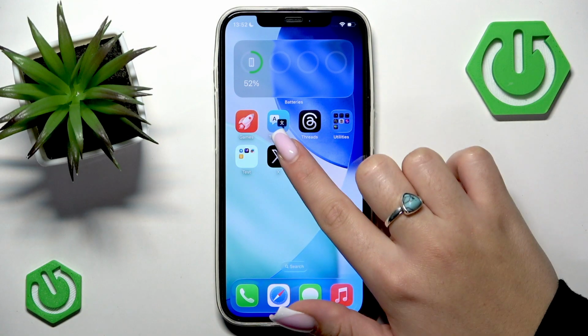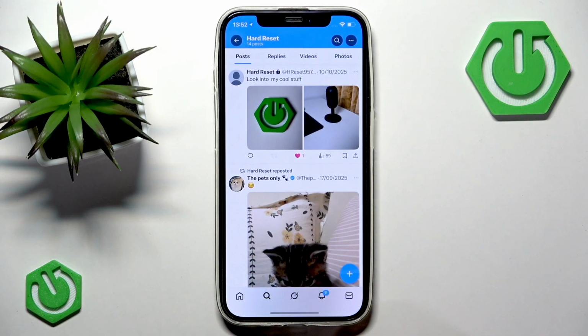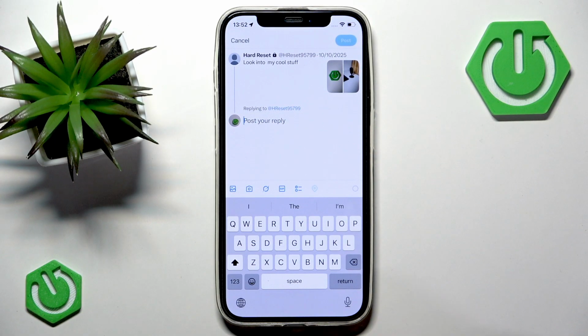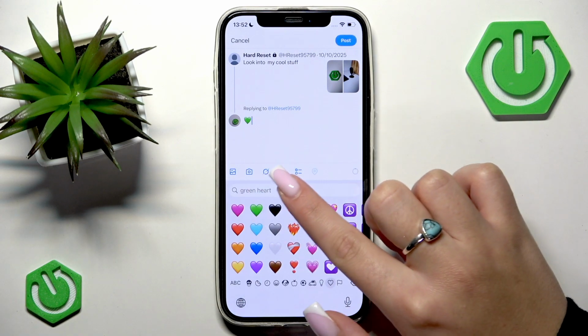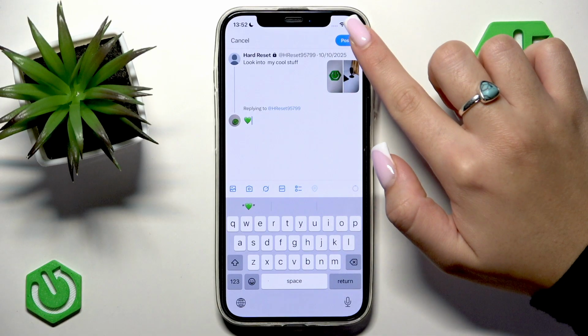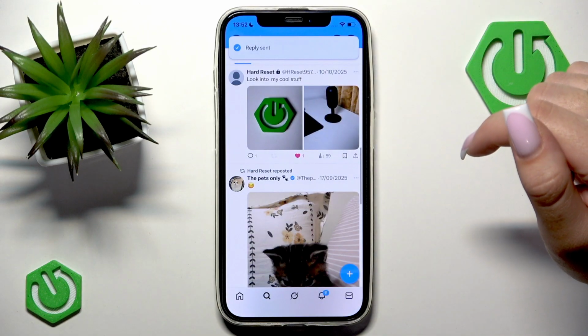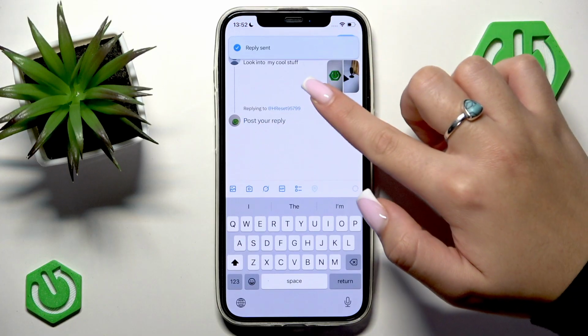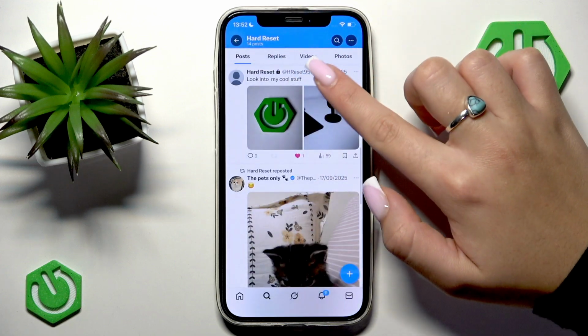So let me open X, and first of all let me write such a comment. So I will go to replies and I will write some kind of comment. Now I want to post it by tapping post in the top right. And now let's go back into those comments,